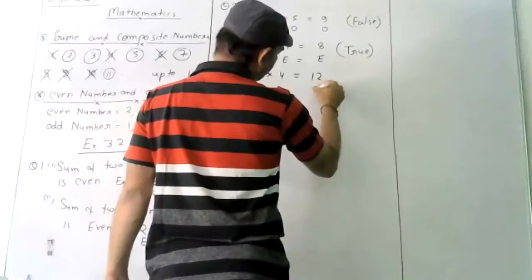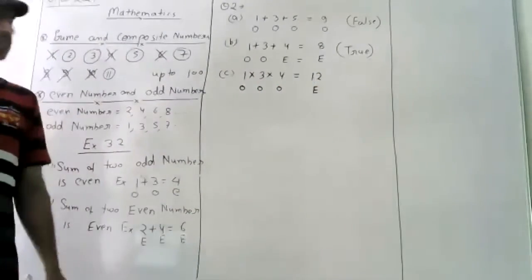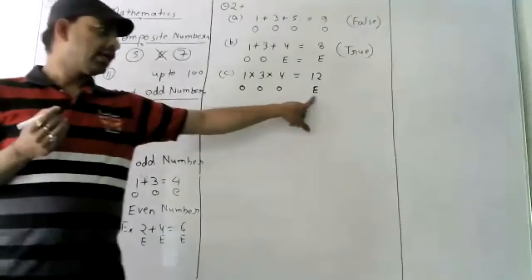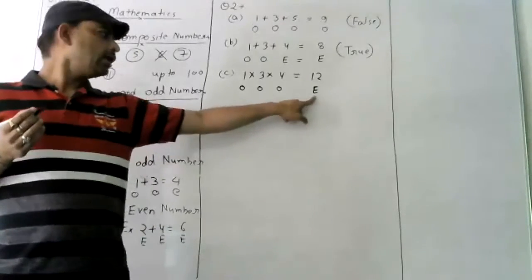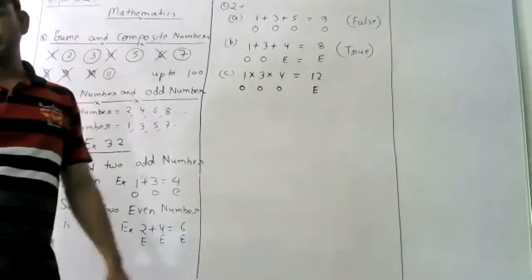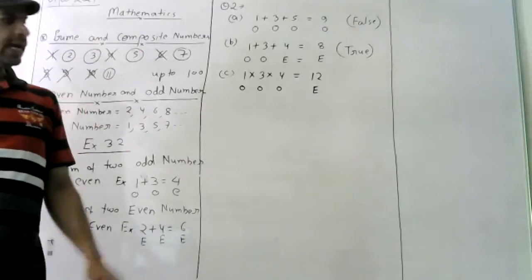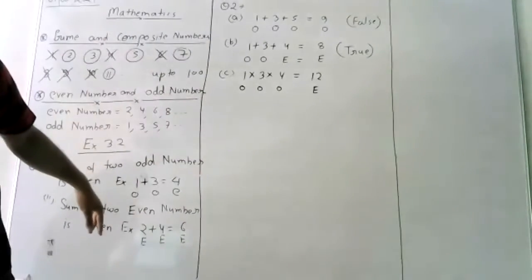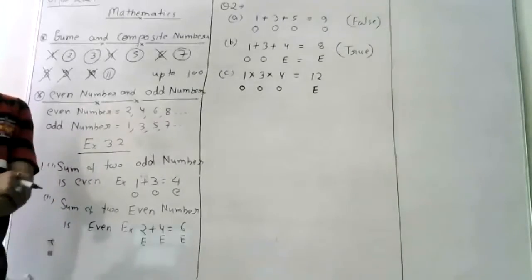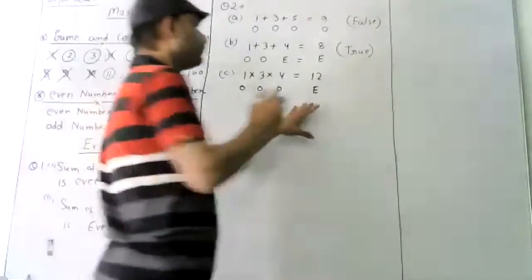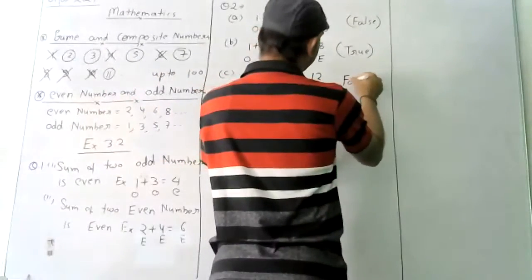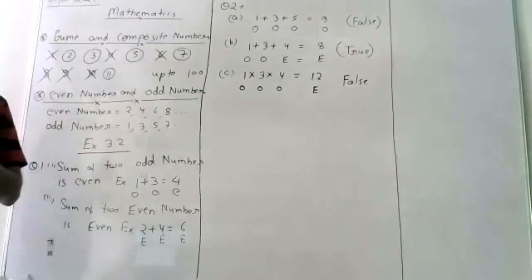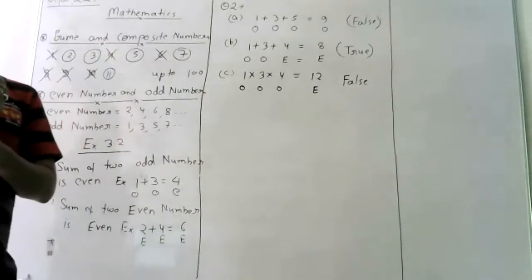12 is an even number. According to this statement, the product of three odd numbers is odd, not even. Statement C says the product of three odd numbers is even. That is false. C is a false statement. And D,